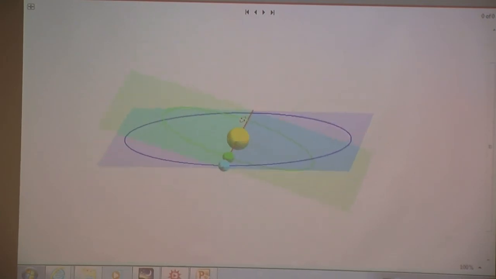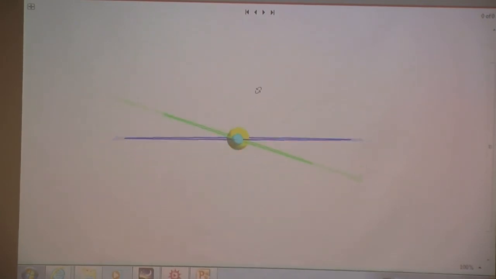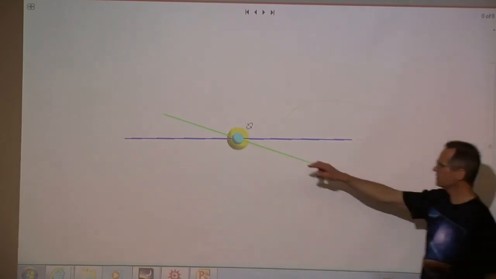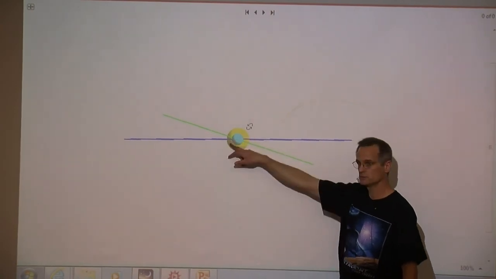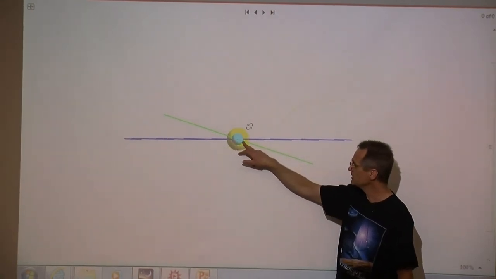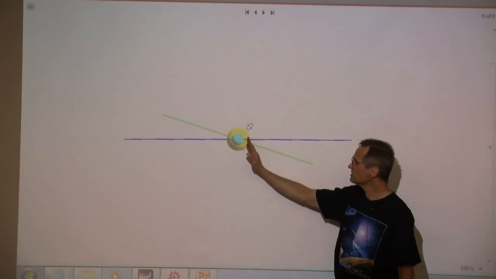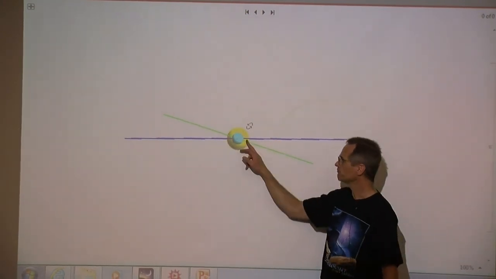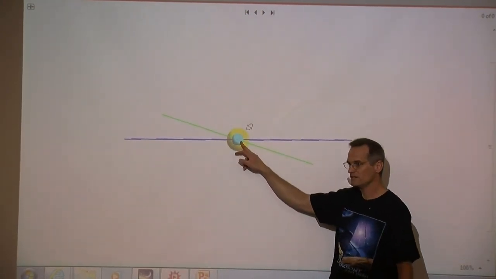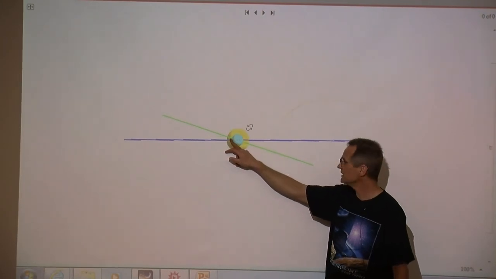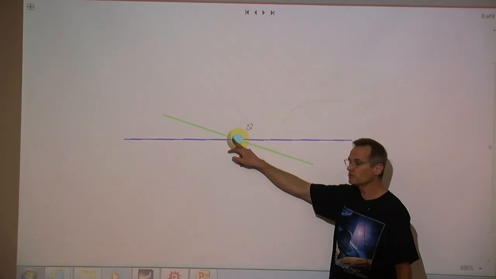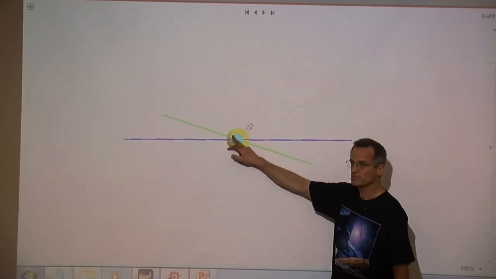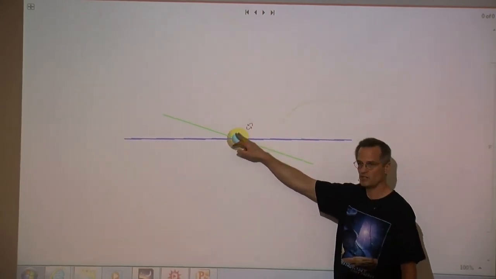Now, in 2004, the inferior conjunction happened with the Earth and Venus right about here, below the Earth's orbit plane, called the ecliptic. Since the next one is going to happen a little bit earlier, not exactly 8 years, but a little short, then the one that's going to happen on June 5th, they're going to be up here a little bit. So Venus is going to pass above the center of the Sun.